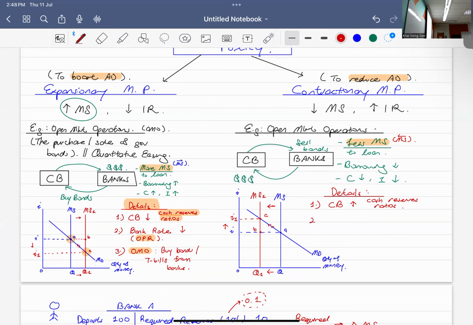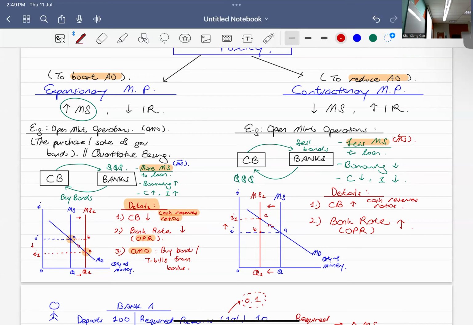Second is to adjust the bank rate. How do they adjust the bank rate? Through the OPR, the overnight policy rate, to increase it. That's what happened in the last year as well. You can see the OPR keep increasing. Now, just extra knowledge here: why did the OPR keep increasing last year? One interesting